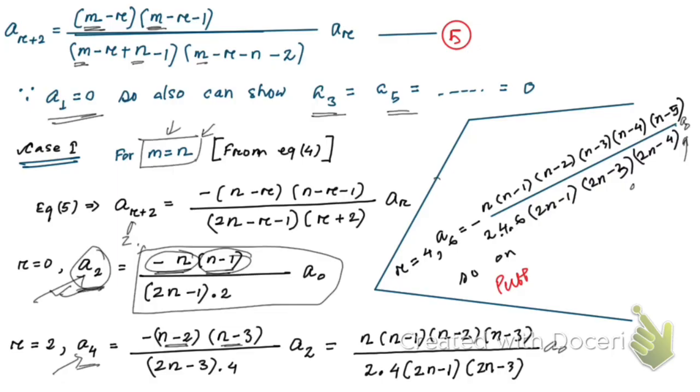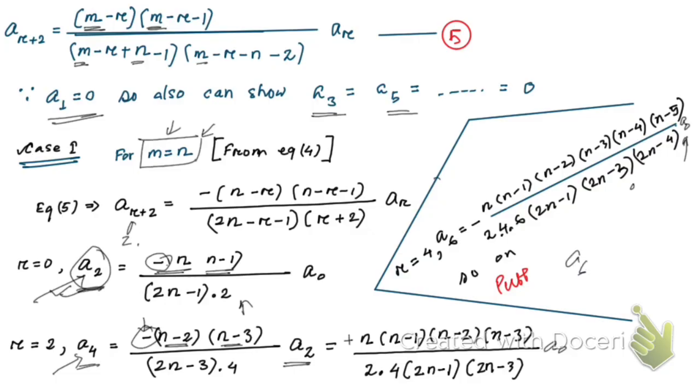So now you see, here you can see clearly one thing. This term, as here we have a negative term, that's why we have got negative here. Now as we have replaced A2 by this value, as there is again a negative, this negative becomes positive, right? So similarly, when you will calculate this A6,